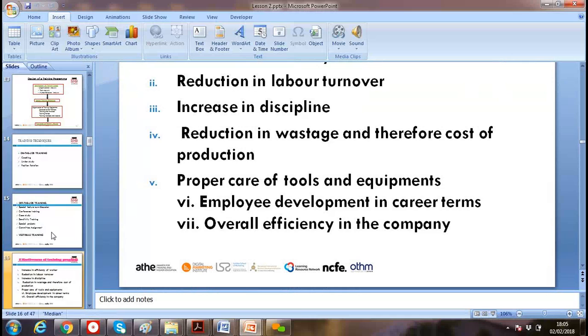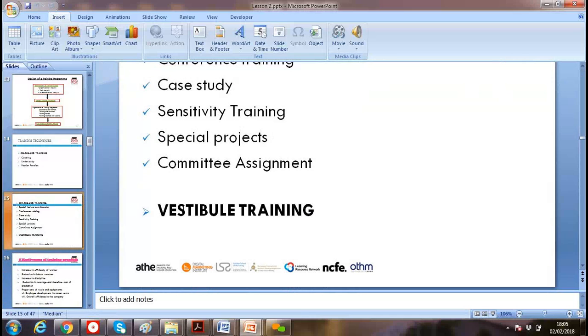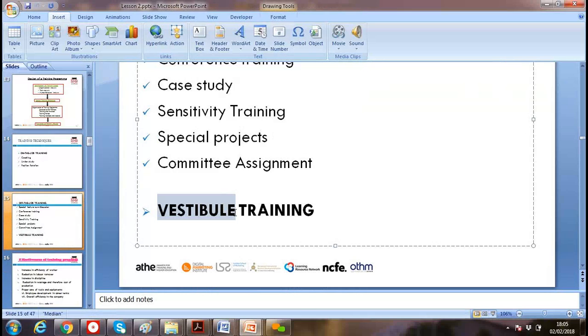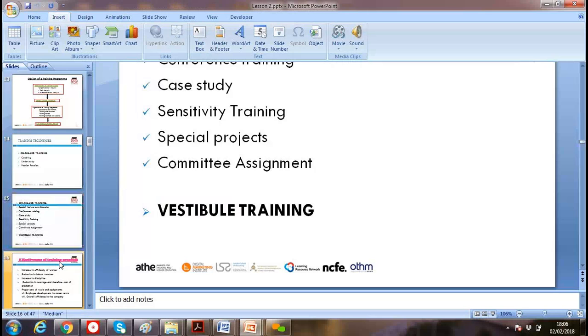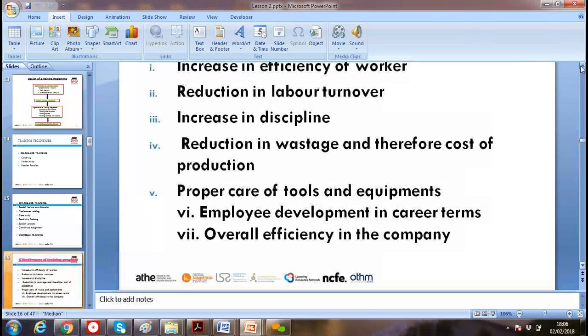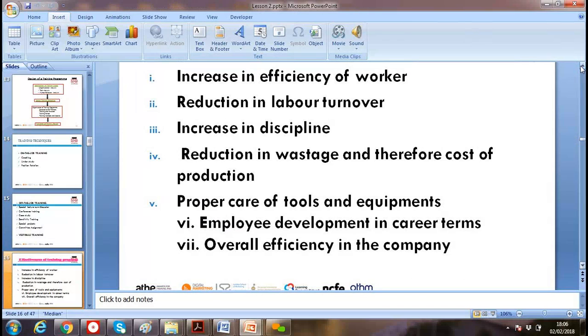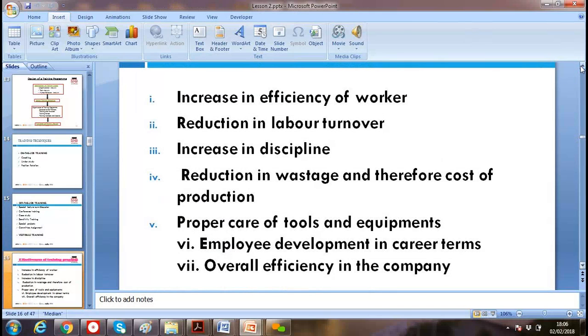What was the vestibule training? Was that part of the on-the-job training as well? Okay. Like, if I say in hospitality, you're working as a chef, so somebody teaches you how to handle things. Okay. So it's a sort of training. I'll check again this word itself, further types under the part of training.